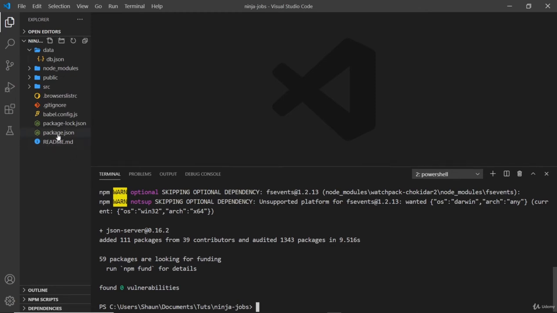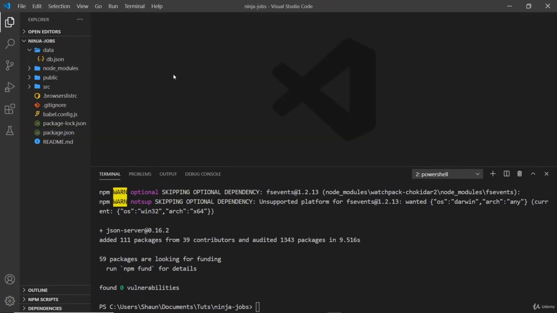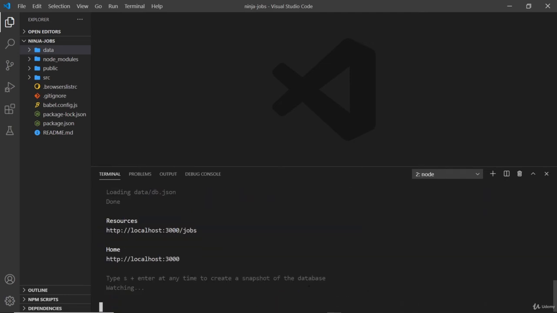So now, if we take a look inside package.json, we can see that JSON server is now a dependency. That's been installed and it will be stored inside the node modules folder. So how do we actually use this to watch a file? Well, it's pretty simple. All we need to do is come down here in the terminal and say json-server, like so, space, and then --watch to watch a file, and then the name of the file, the path to the file. Now, in our case, that's in the data folder /db.json. So I'm going to press enter, and now we can see that it's spun up a local development server